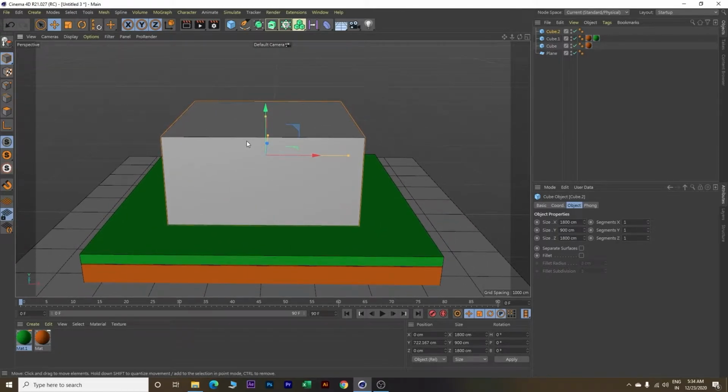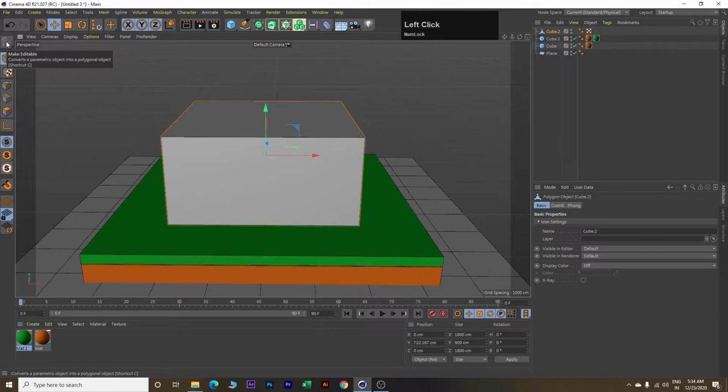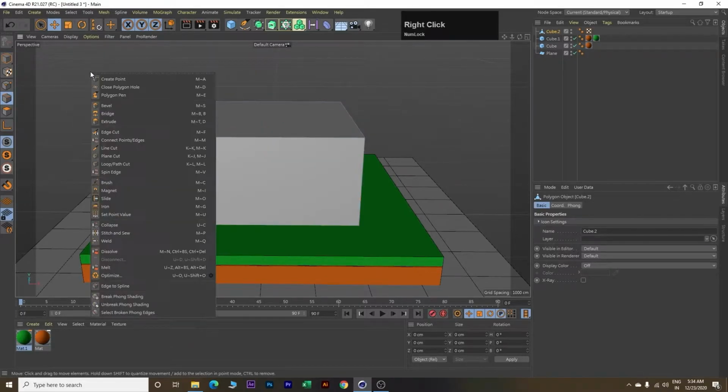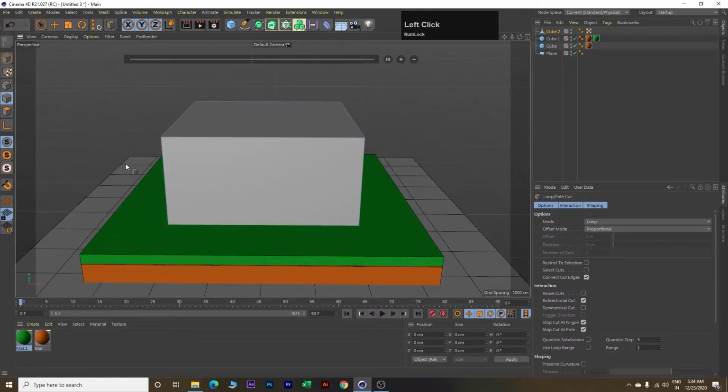Next, make this cube editable by clicking on this make editable button. Then select this edges, then right click, select loop path cut, come over this cube on this top edge and click. Next, on this value, type 50 and click enter.